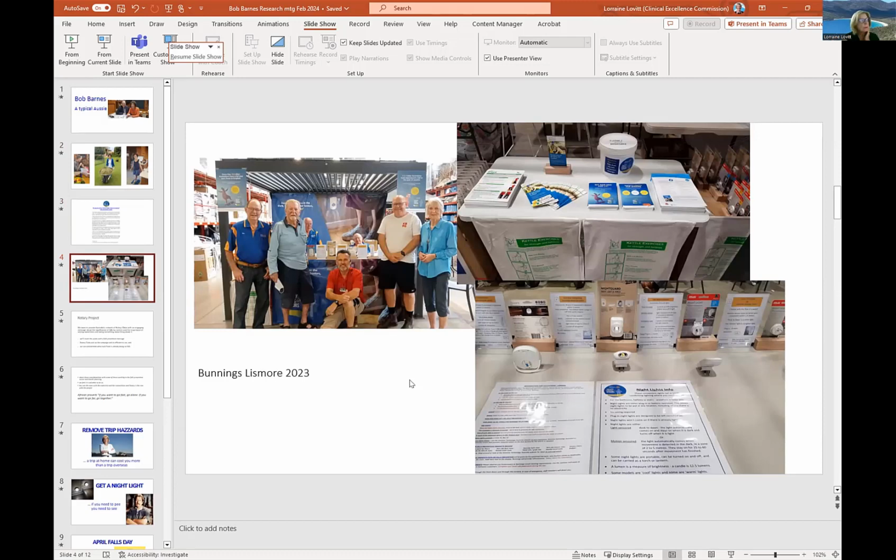And he's worked closely with Bunnings, and you can see a table there, and he's got his mates, Bob over there on the left-hand side. His mates came along from Rotary, and they came with their chair and their paper and thought they were just going to sit there and hand out information. But actually, people started asking them questions and talking, and the mates got up and started talking.